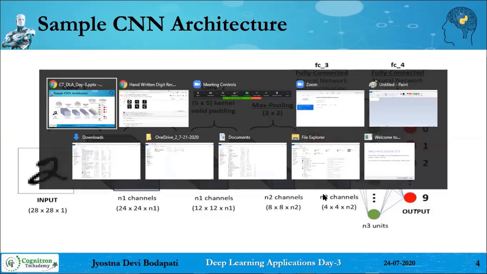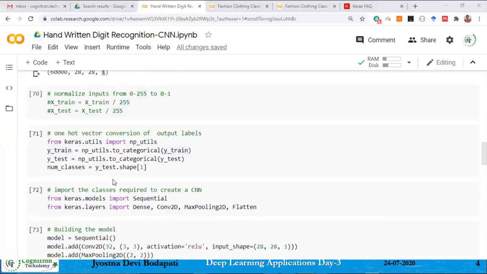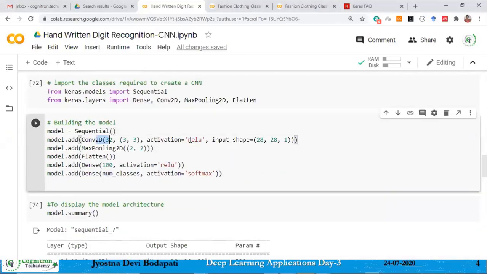We are using the ReLU activation function for the hidden layers. Here if you observe where I am using ReLU: the first convolution layer uses ReLU, then the max pooling layer. Here the dense layer uses ReLU, and this is also another dense layer. This is the output layer, and at the output layer I'm using only softmax. In the internal layers I am using ReLU because I want non-linear outputs from the neurons. And the ReLU output is restricted to any value from 0 to plus infinity.